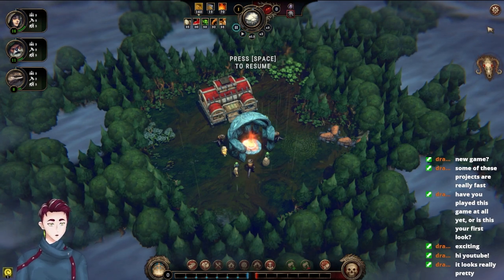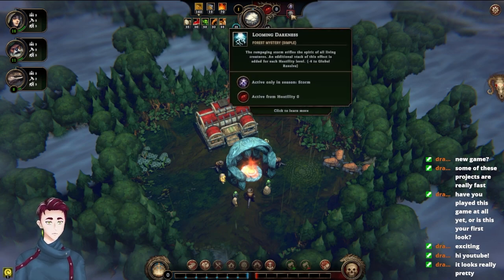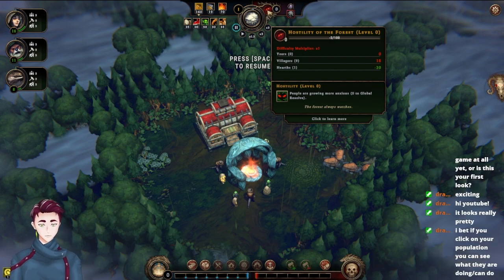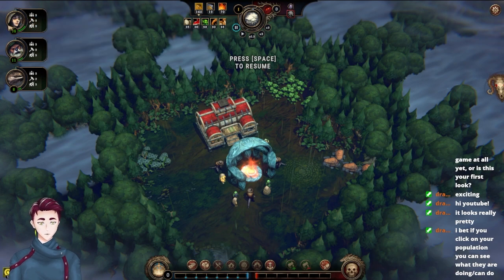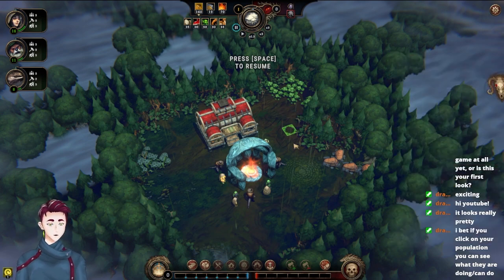Okay, so it's not going to actually tutorialize this any further, I guess. Okay, so I've got eggs. I've got food stock, building materials, fuel and exploration, looming darkness. Hostility of the forest. Click on your population, you see what you can do. This is not interactable, it seems like. This is just information. I wonder if I click on... Yeah, I'm sure this will get tutorialized at some point, but...